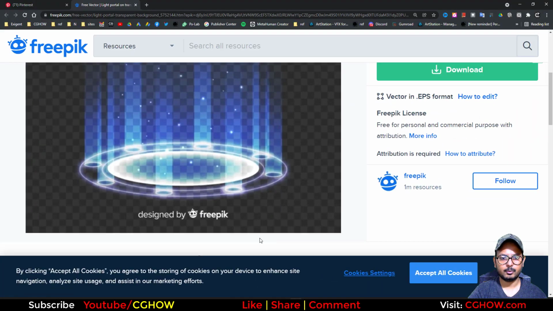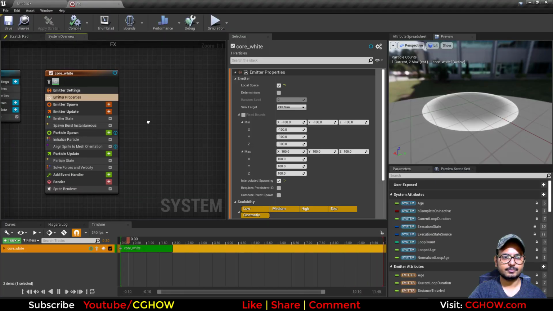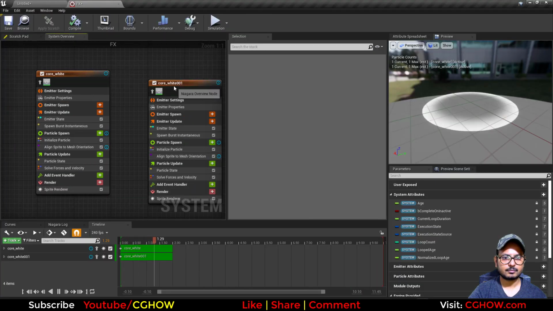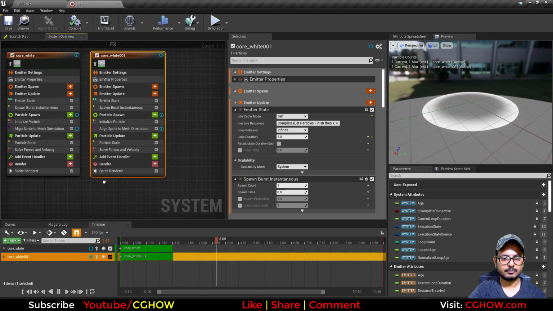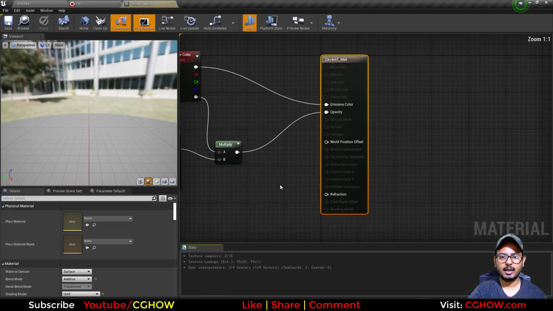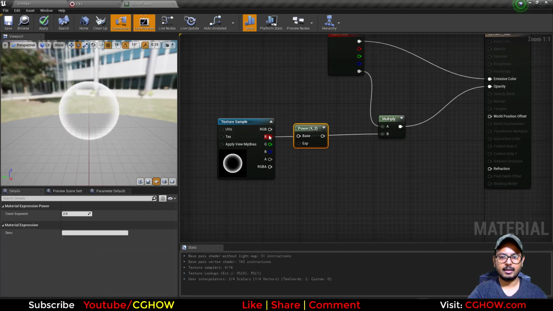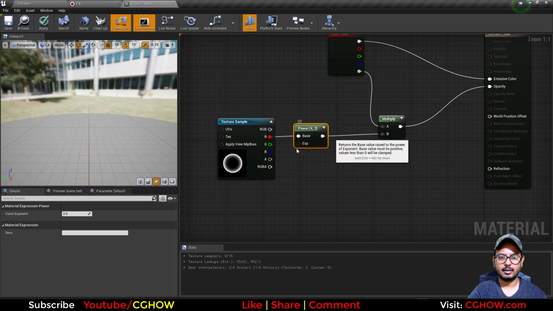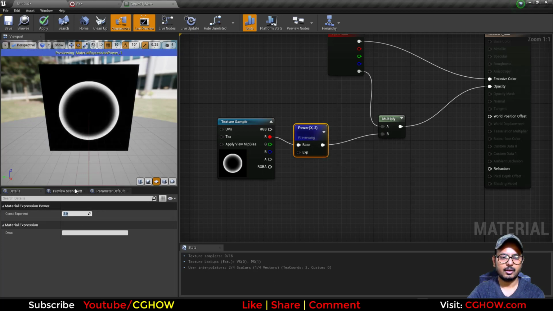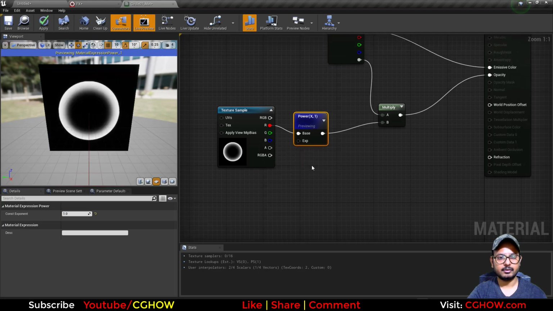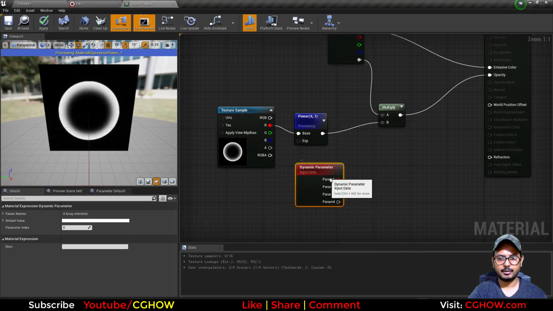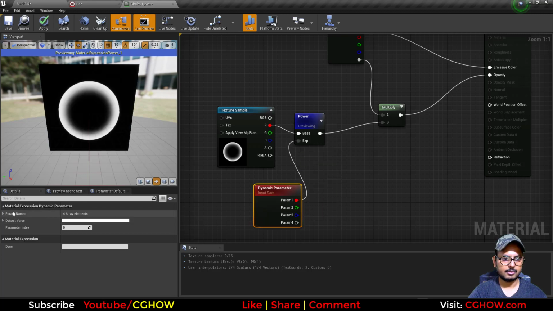Then I want to make that softer part. So in that case you can duplicate this, and in material I make a parameter here. So I will add a power, and that can increase or decrease the width. At 2 it's decreasing, at 0.5 it is increasing, 1 is default. Then I'll take a dynamic parameter, and this is